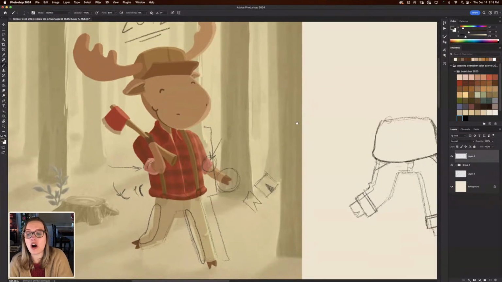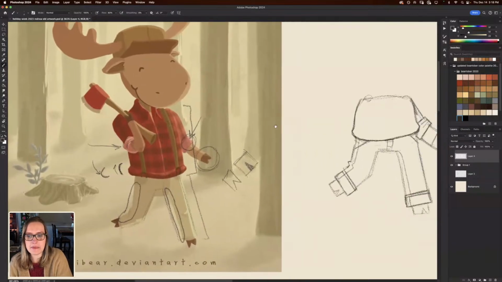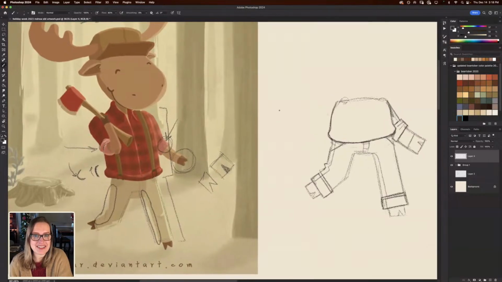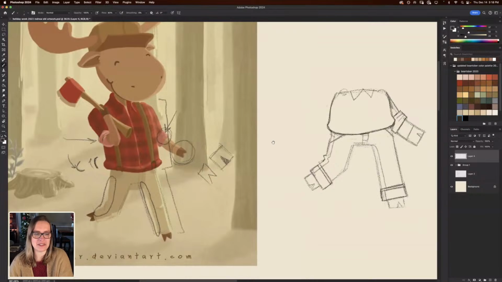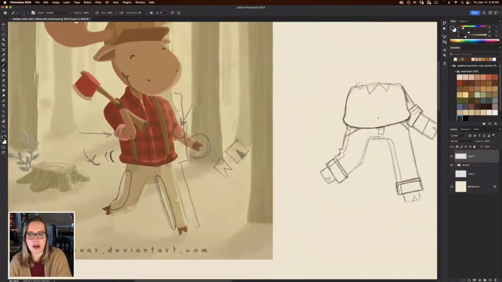Oh, I was talking about collars. Yes, this collar, this monstrosity of a collar. I also definitely have minimized my collar. Here's what my collars look like now. It's literally two triangles. And also, going back to simplifying, I try to simplify my shapes, and I also go for the more chunky shapes.